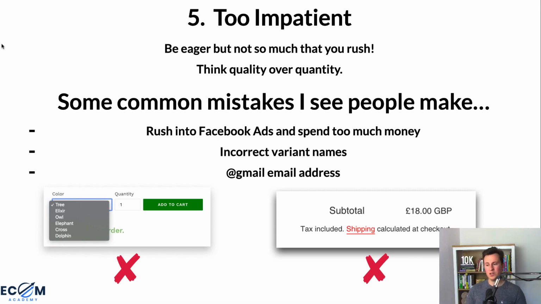Be eager, but not so much that you're in a rush and you end up skipping corners. So the best way to consider this is to think quality over quantity. For example, instead of rushing to get your store together and putting 50+ products on and not writing proper